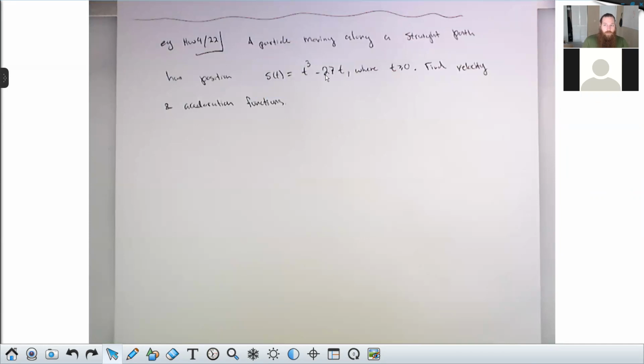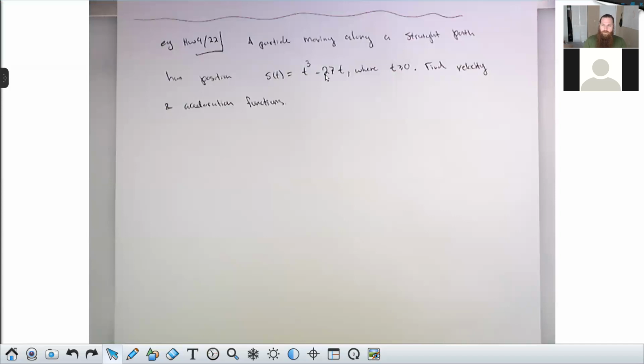Acceleration is how fast your velocity is changing. One way you can think of acceleration is in the car, that force that you feel pushing you back into your seat when you press on the gas. That's acceleration, right? It turns out Newton's second law, F equals ma, says the force you feel is proportional to the acceleration, which is the rate of change of your velocity.